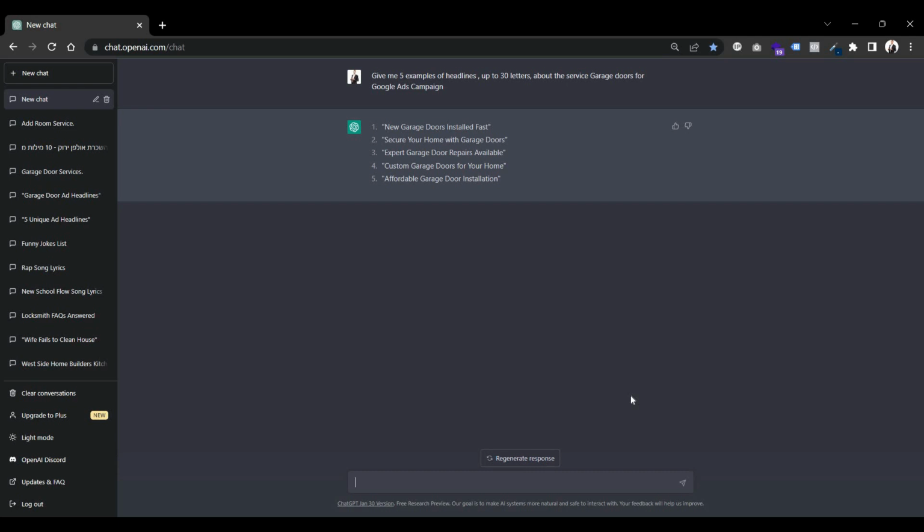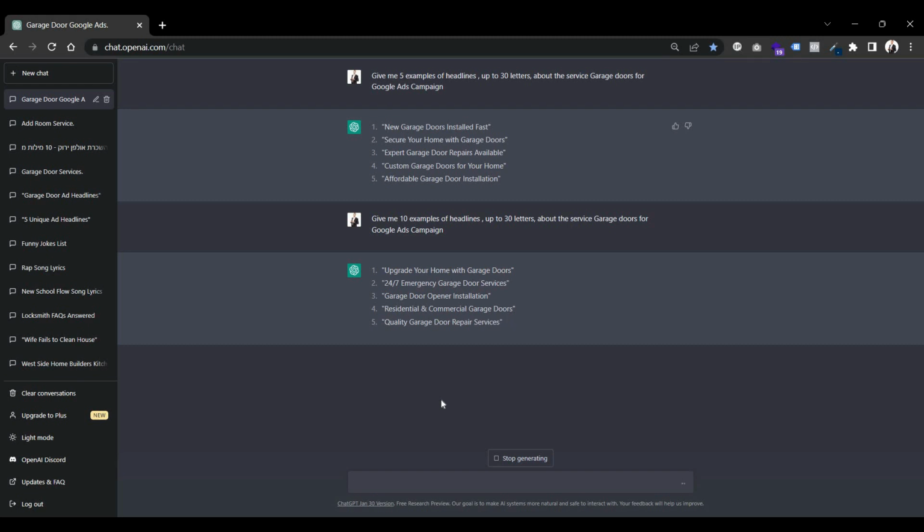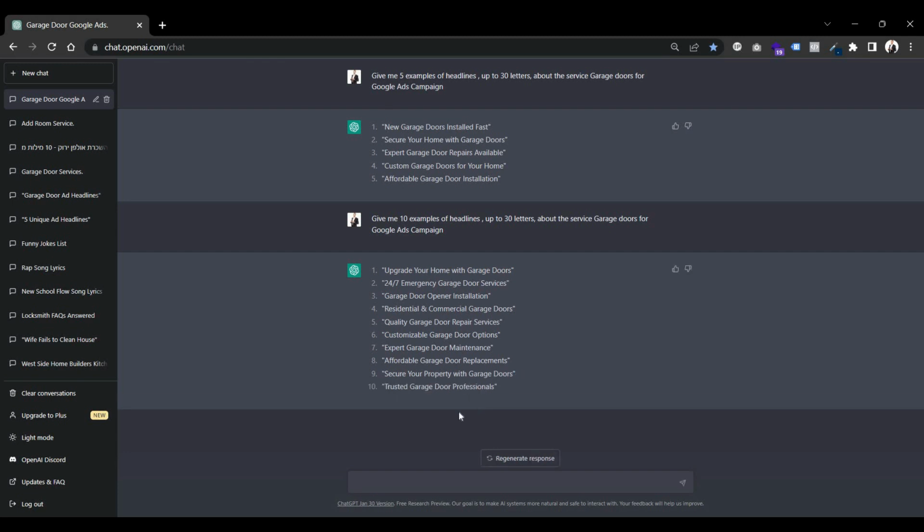Google Ads. Okay, so now I can of course give it the limit for 10 headlines, the same request but more headlines. It will give me more ideas, and the same thing I can do with descriptions up to 90 letters because that is the limit for description on Google Ads. So I'm just changing this and this for